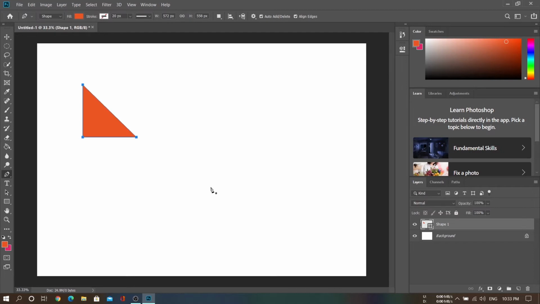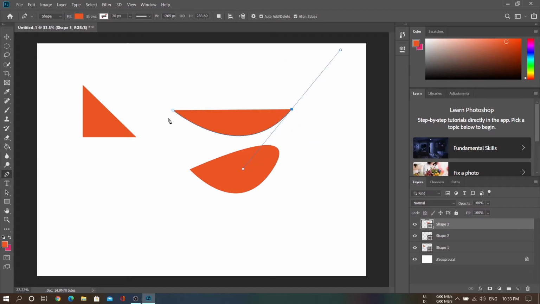If you want to draw a shape using the pen tool, just click on this, and to create a new curved line, while clicking on the second point, just drag the mouse to create a new curved line and close it. You get a new curved shape. This is the same as creating shapes with path. If you want to make this a straight line, just hold Alt and click on it. You have made a curved line and a straight line path as a shape.